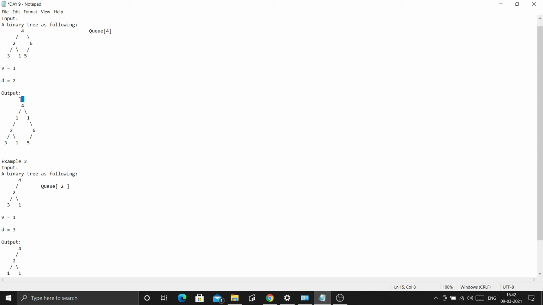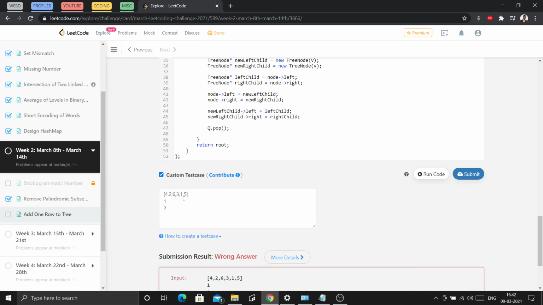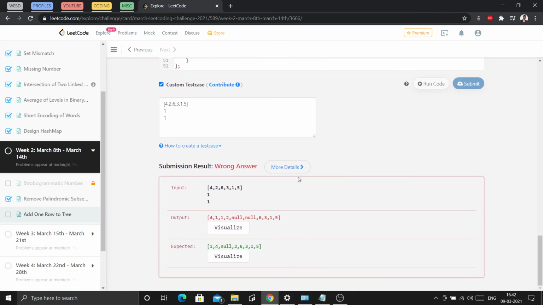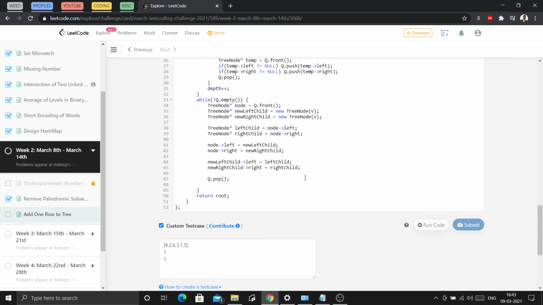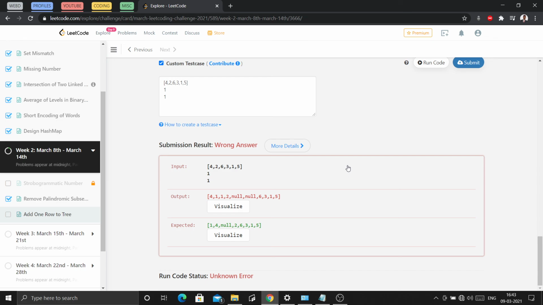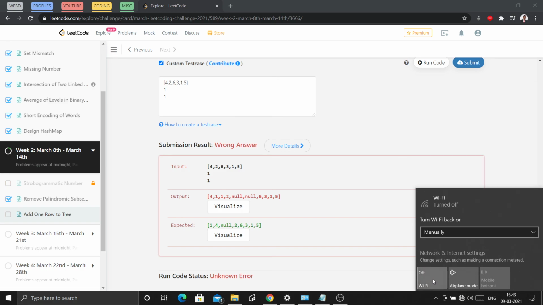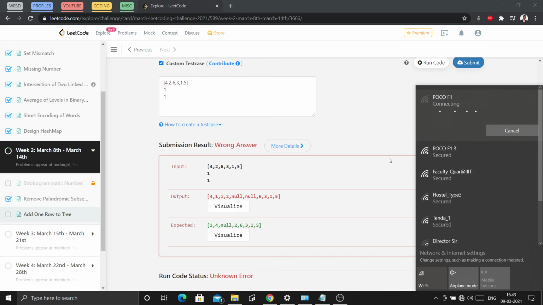So our return node would be this new node. Let's check if this works or not.